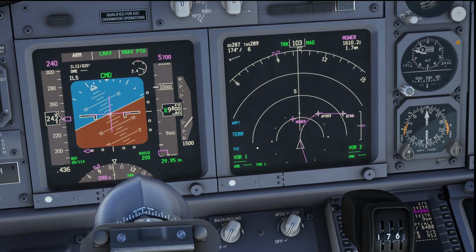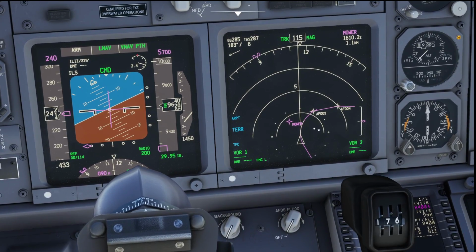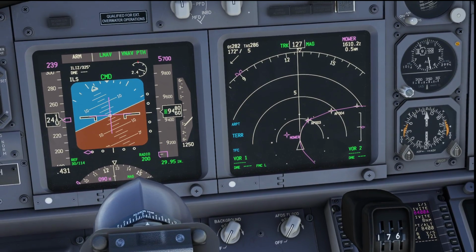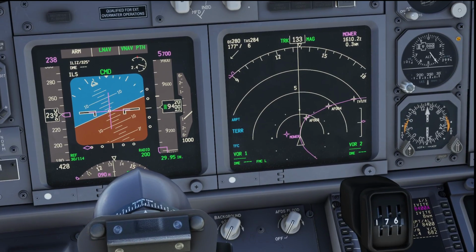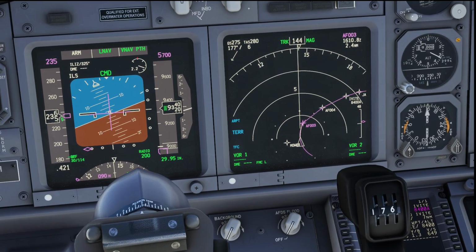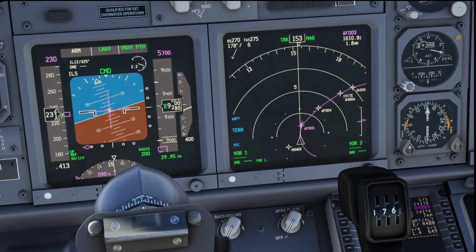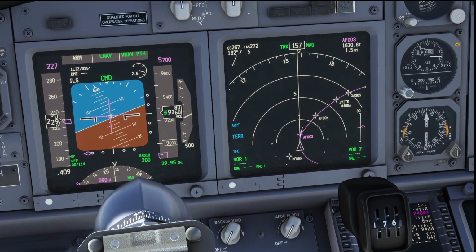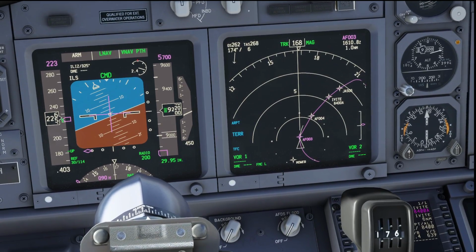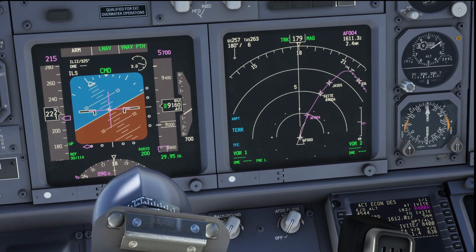But the good news is, even if you forget about doing these changes manually, the new LNAV system is going to take care of it for you. So we are going to follow that route line, and let's just watch and see what's gonna happen. So here we are, inbound to waypoint 003. For now it's following that overshooting line, and now that it's sequenced the waypoint, it is going to turn right